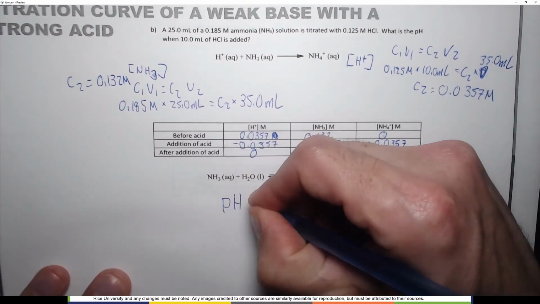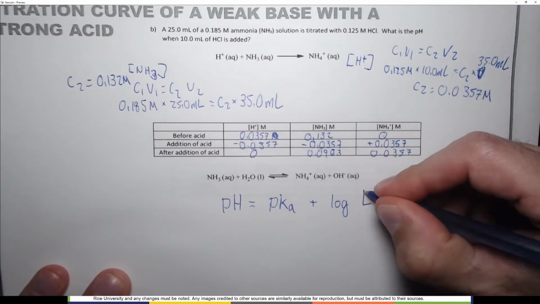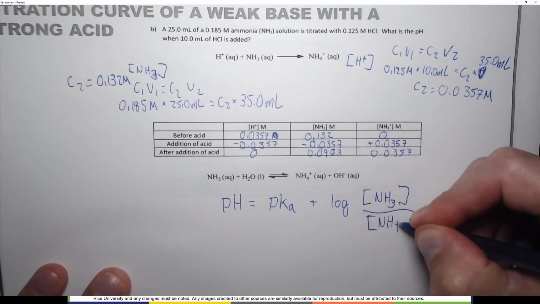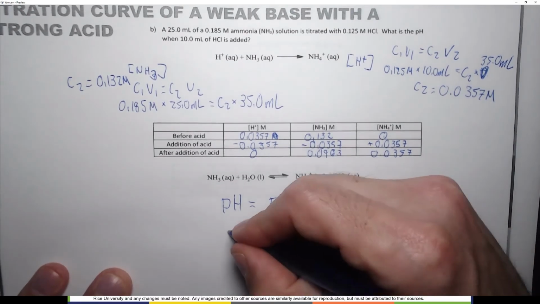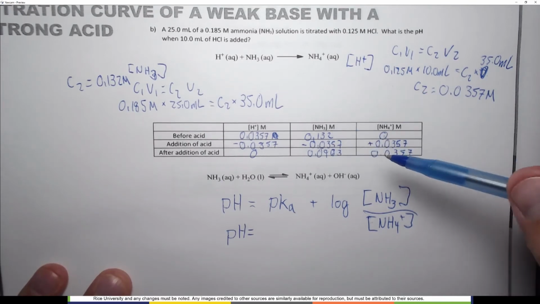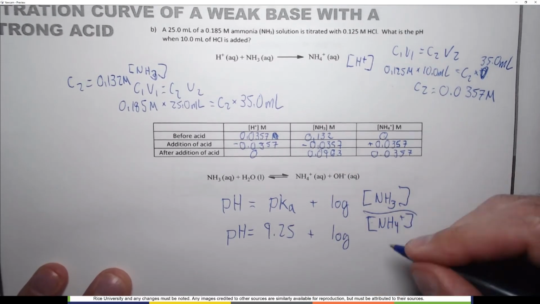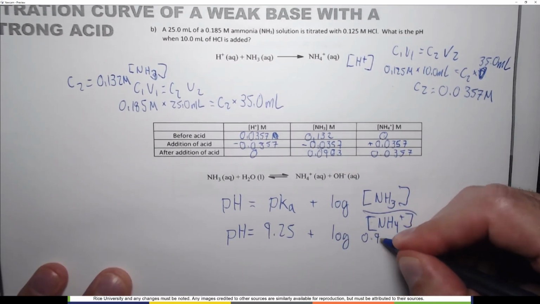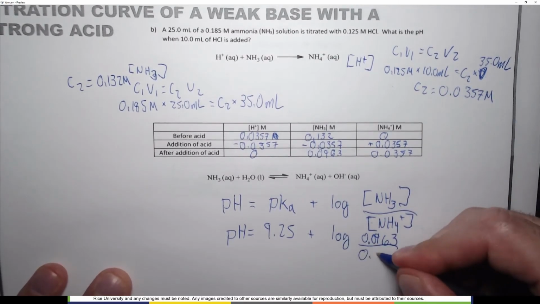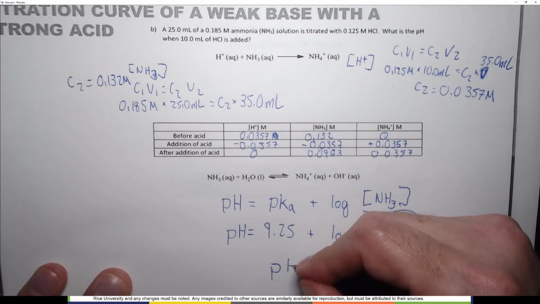So pH equals pKa plus log base, which is NH3 in this case, over acid, which is NH4 plus in this case. So pH equals, I probably should have put the pKa again on this slide, but it was on the previous one. It's 9.25 plus log of 0.963, that should be a 0.0963, divided by 0.0357. And when I do that math, I find that the pH equals